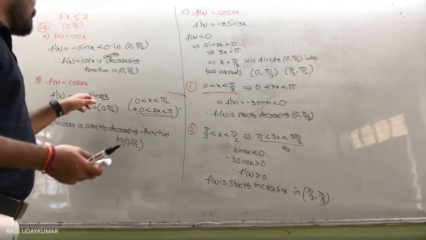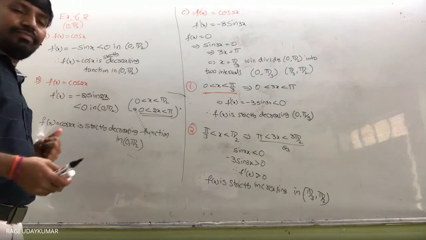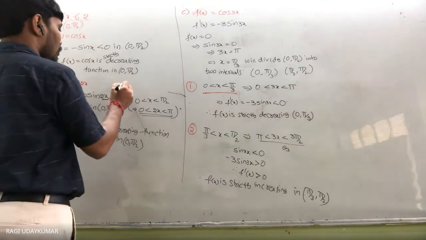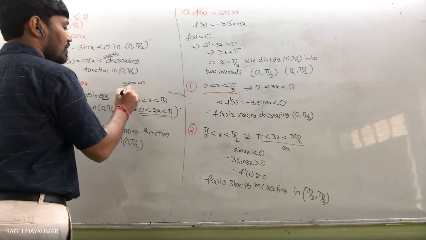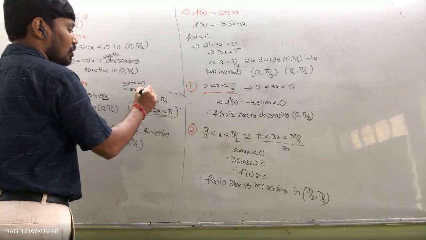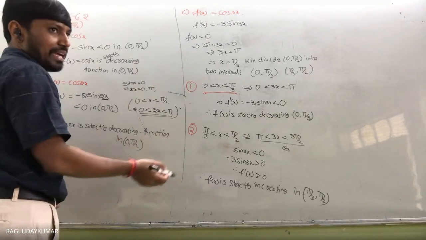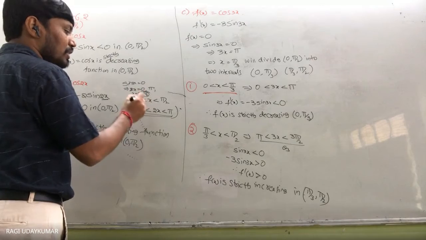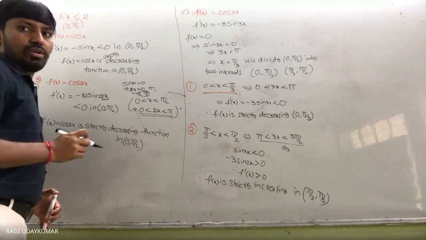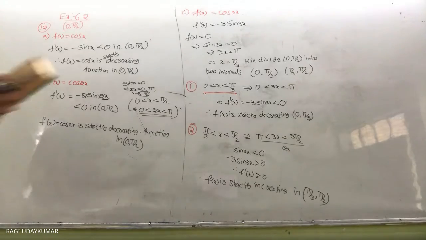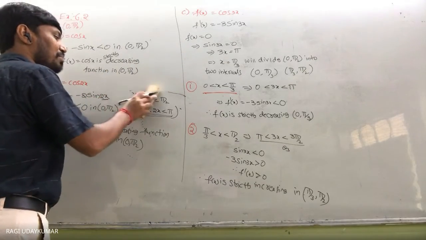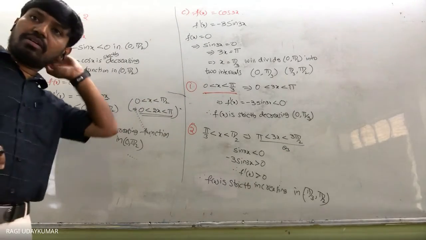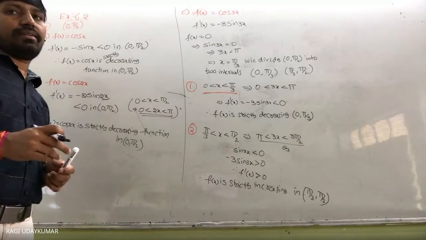Here you may get a doubt, sir, why don't you find the turning point here? If you want to find it here, you can. Taking it equal to 0, sin 2x equals 0 will come. From this, 2x equals 0, or pi, or 2 pi. So x will be equal to 0, or pi by 2. These are both end points, 0 and pi by 2. So that's why in this problem it is not taken, not necessary, because a turning point is not there. You only get the first and last points. There is no middle point.